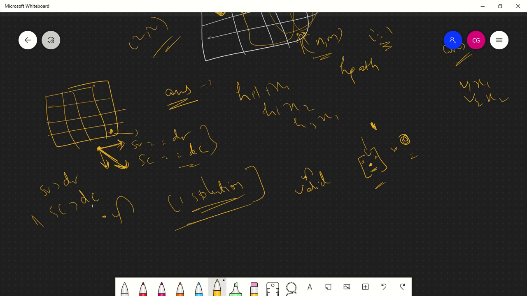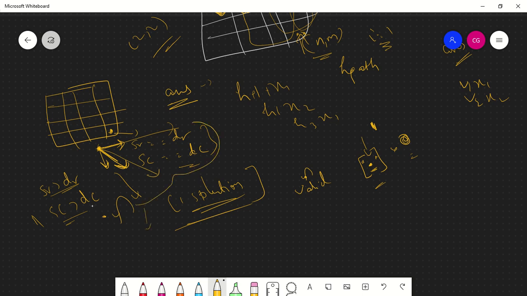If you cross these limits like DR and DC, there is no way you can go back to the matrix, and there won't be a solution existing. What instead happens is you keep on going downwards if it's a vertical move, or rightwards if it's a horizontal move, and this would never end.